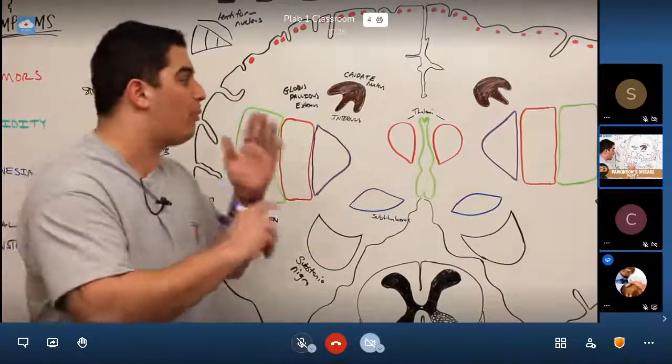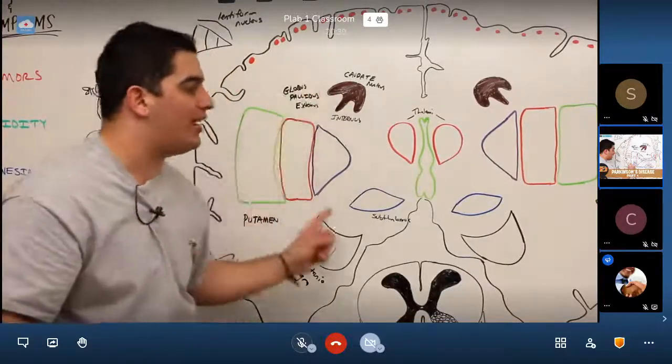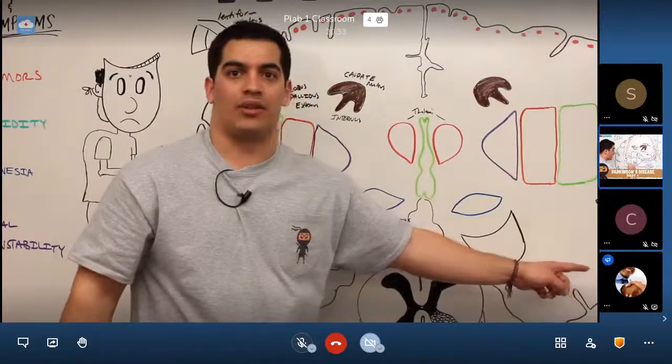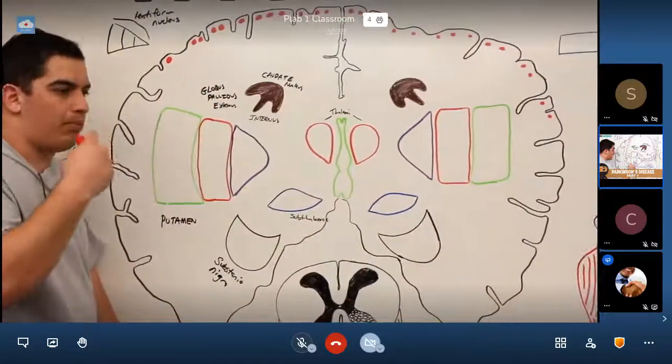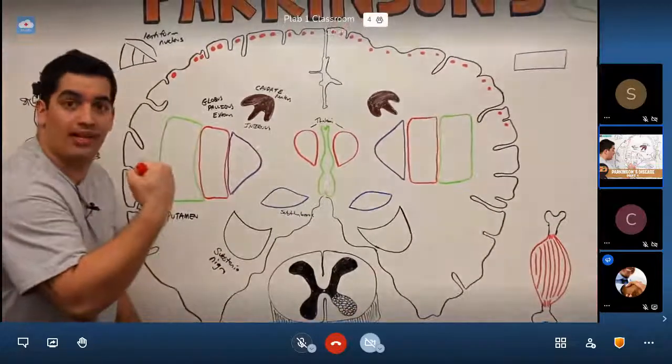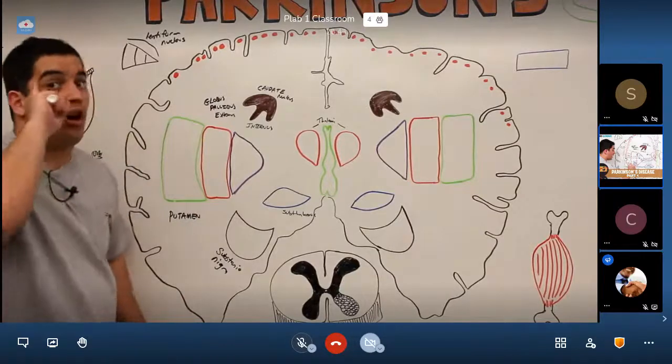But before we even get into how Parkinson's disease is occurring, let's get into the normal physiological activity here that is affecting this muscle over here. So let's go ahead and do that. Whenever you're thinking about performing a movement, let's say I want to be able to flex my bicep, all right? If I want to flex my bicep, that thought